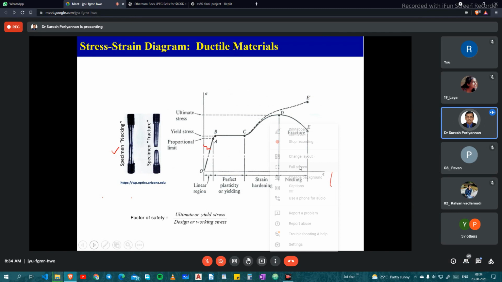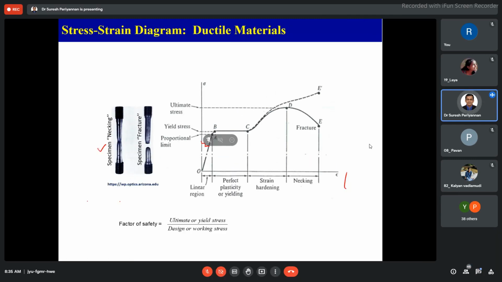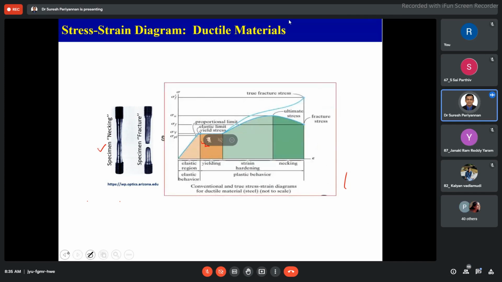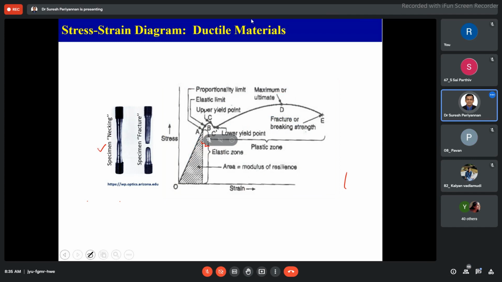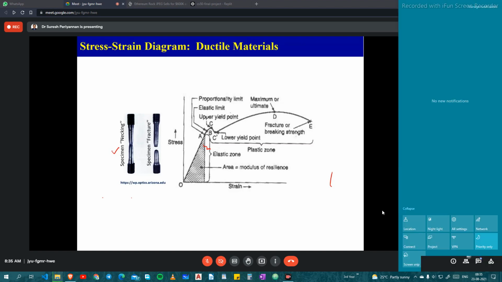considering for finding the Young's modulus of the material. Up to A, we can say the elastic limit. Even that proportional limit is a little below, as we discussed in the last class. See in this figure, up to A this is the proportional limit, but this is the elastic limit up to point B. But we can consider up to point B for finding the Young's modulus of the material.